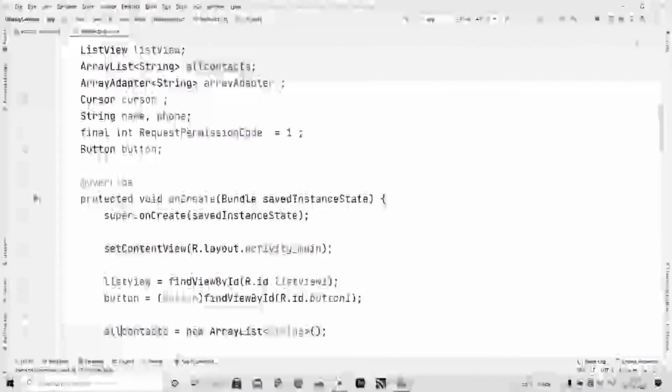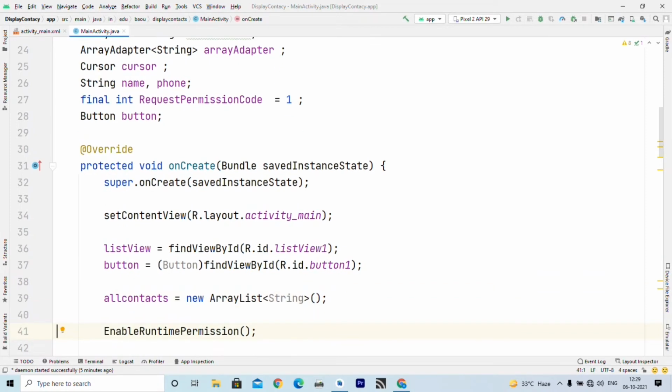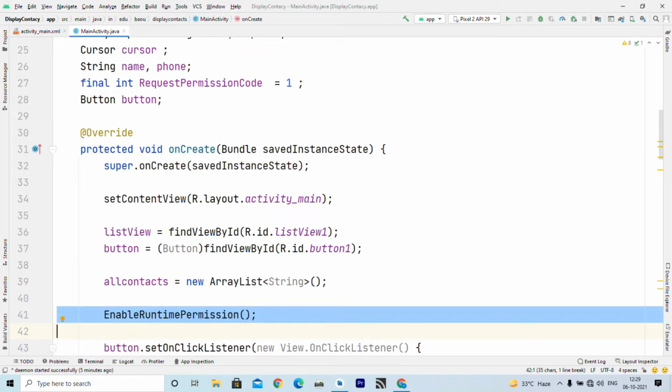So I write allContacts is equal to new ArrayList of type string, and initially it is empty, but we can always add data to this array list at runtime using the add method. We fetch the contact name and phone number one by one, and we will add that contact number and name inside this array list. Now I have written one simple function to enable runtime permission.